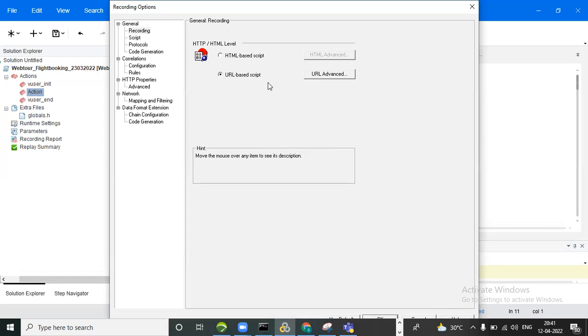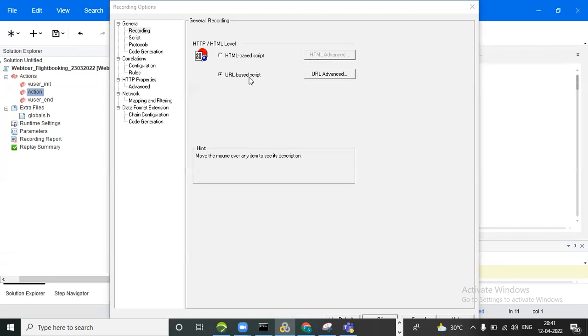What is the difference between HTML and URL mode? If anyone asks what the recording modes are, we have two recording modes, HTML and URL mode. When we record in HTML mode, we get the web URL and web submit functions, and it records only the user actions, only what you are recording will be displayed.